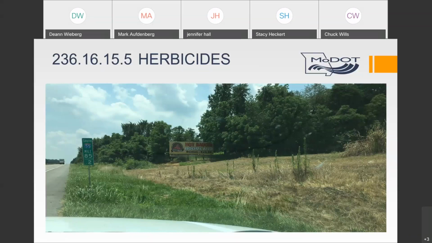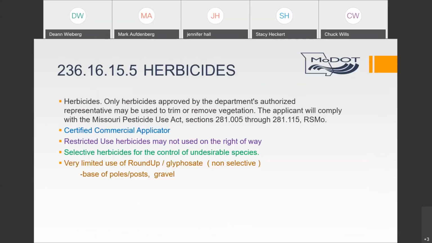So use selective herbicides, and there are a lot of them on the market, and you can achieve a lot of good results out there with one of those products. Let's go to the next slide, please. Continuing on with herbicide,